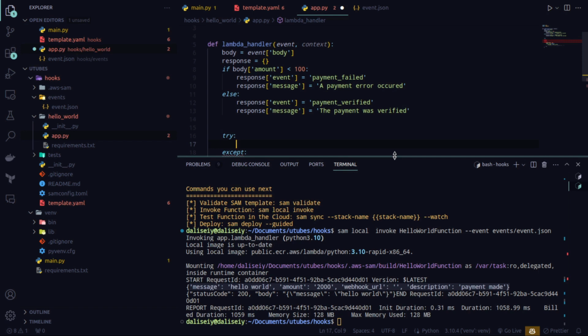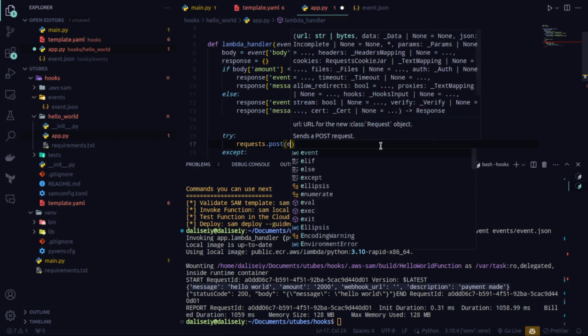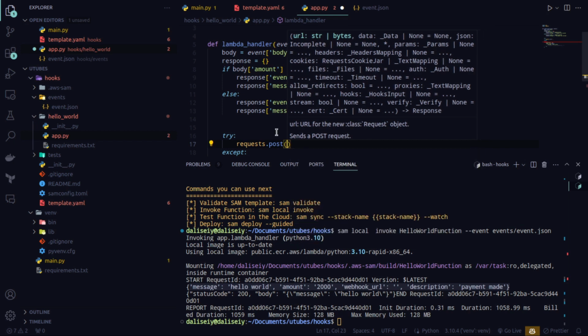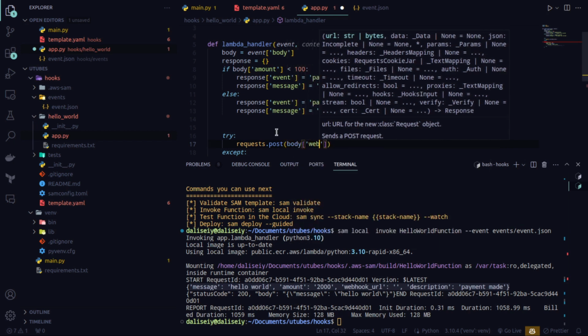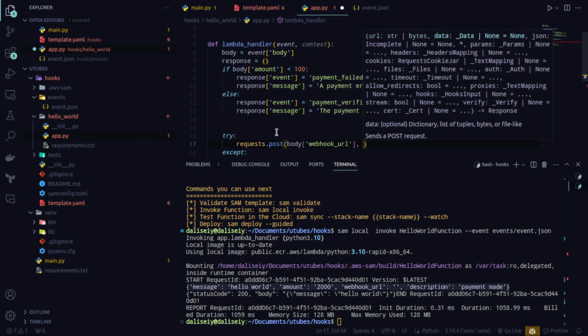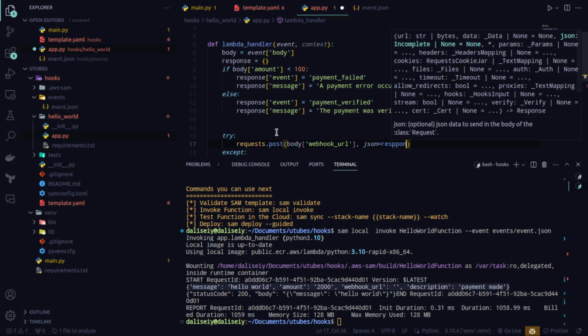So I can say requests.post, that'll be event's body, sorry, I'm going to say the webhook_URL, and the payload is going to be a JSON, right? So I'm going to say json equals response, and headers equals